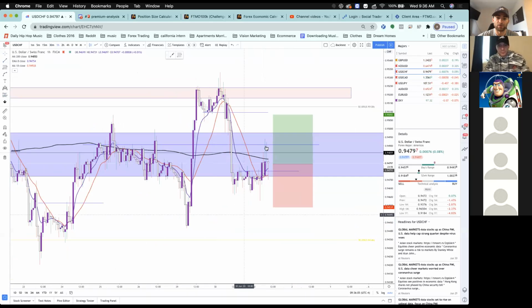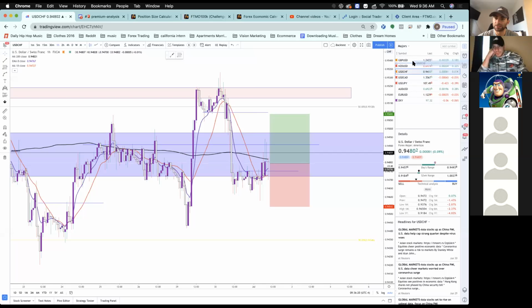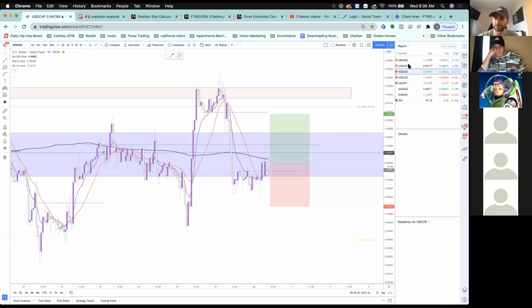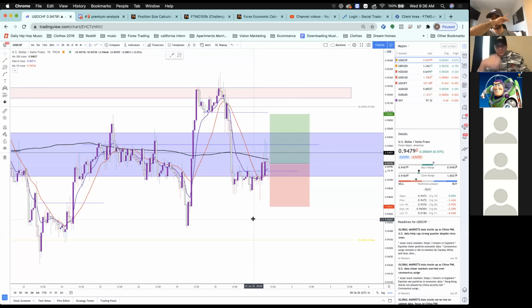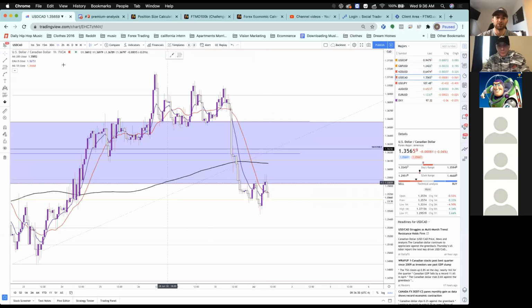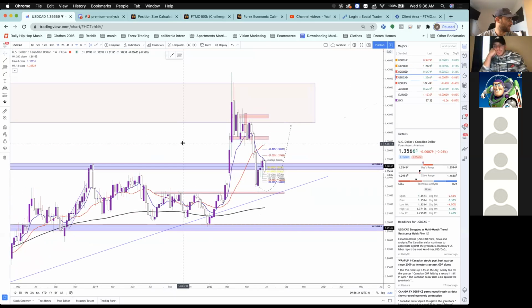On this 1-hour, there's a lot of exhaustion going down right now, so I would definitely want to see some more conviction at the moment. So we're going to move USEF up our list up here. This is definitely a pair that we're watching closely today. I'm going to put this analysis in the premium analysis. Let's go to UCAD next. Let's bump up to the weekly time frame.